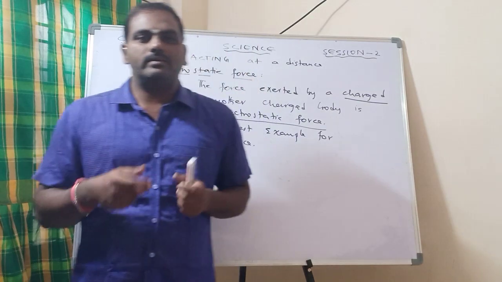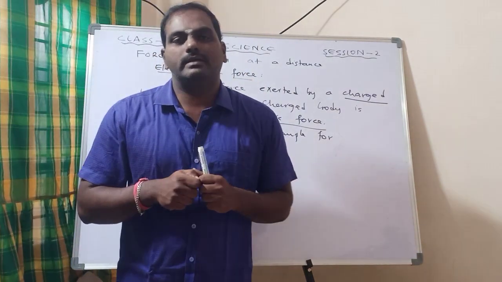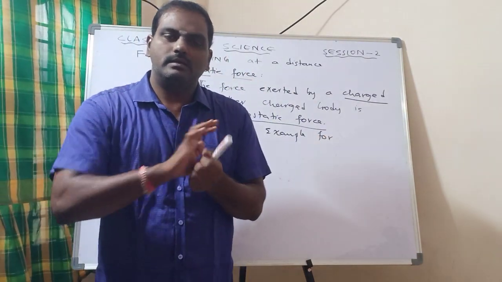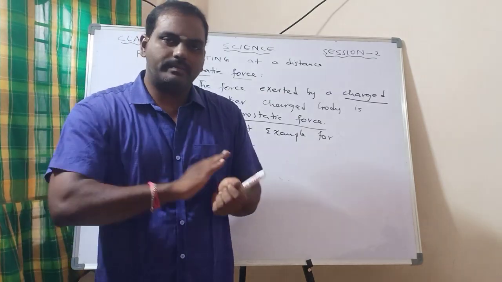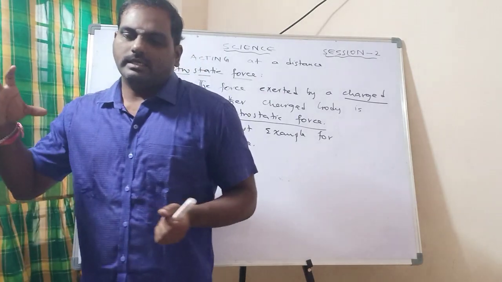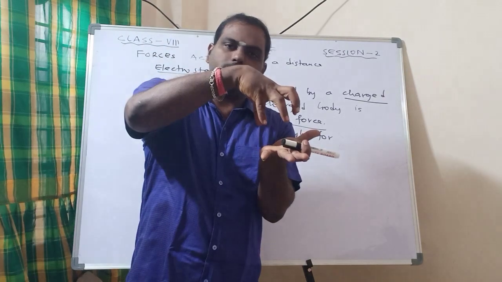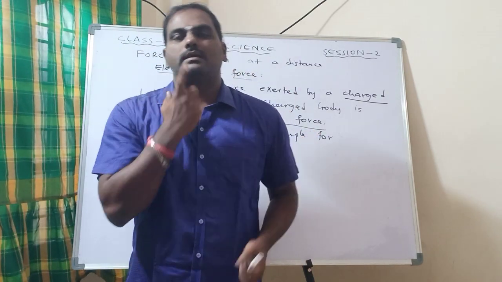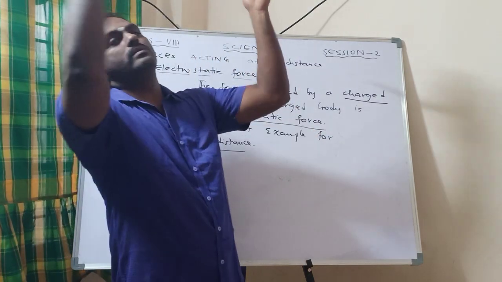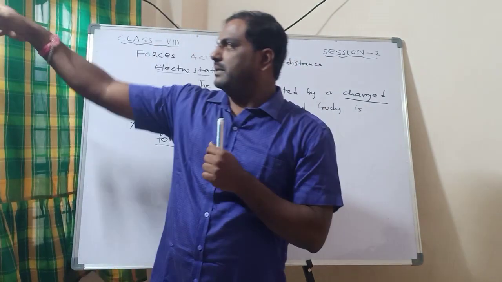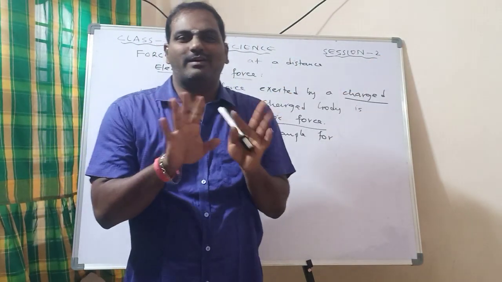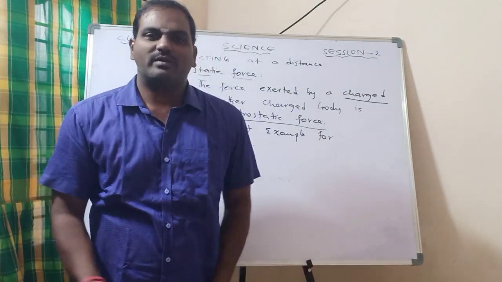Repeat. First take a balloon, inflate it and tie it up. Then take a piece of paper and tear it into small pieces. With the same paper you rub the balloon. Then try to bring that balloon towards the pieces of paper. Sir, where should I keep the papers? Shall I throw the papers? Or shall I keep the paper there and keep the balloon? Not like that. You just take a floor.